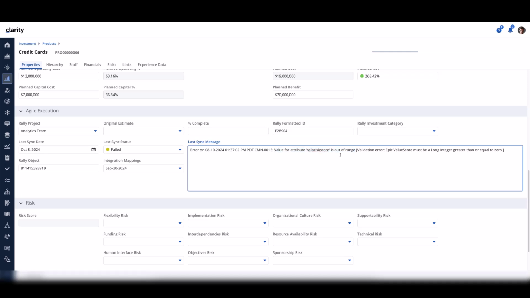And now in a single field, we've concatenated the Rally information, which is in the brackets. Remember, we had a value score of -5 that we're trying to send over to Rally, and it is looking for things that are greater than or equal to 0. So we've got both of these, what happened in Rally and what happened in Clarity, in a single field here.